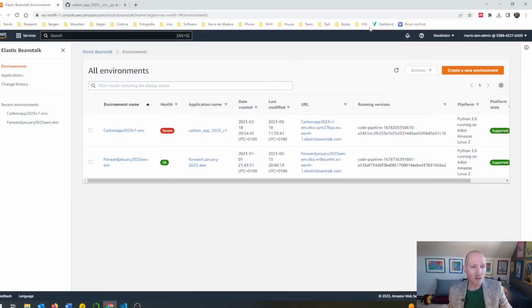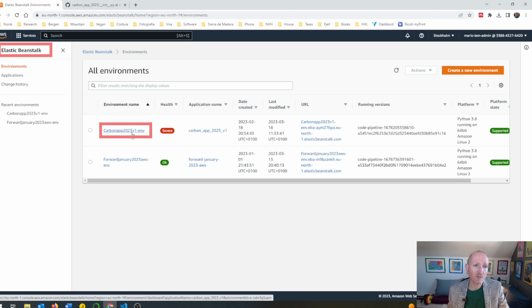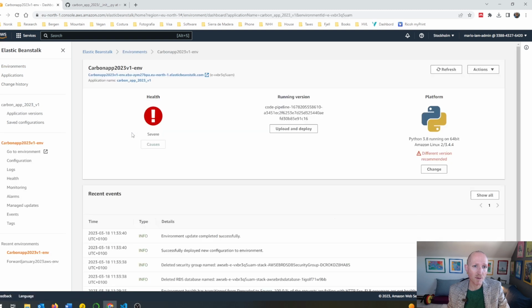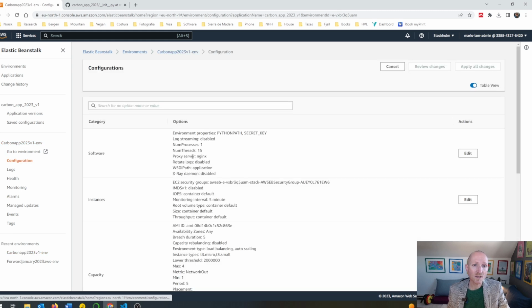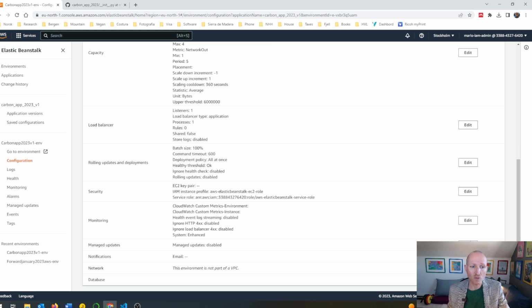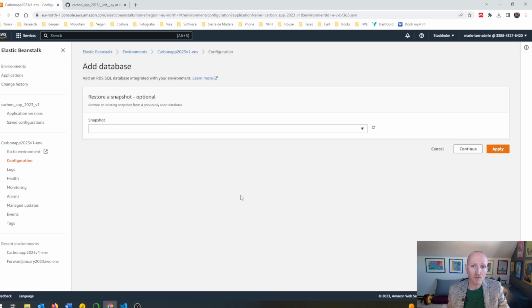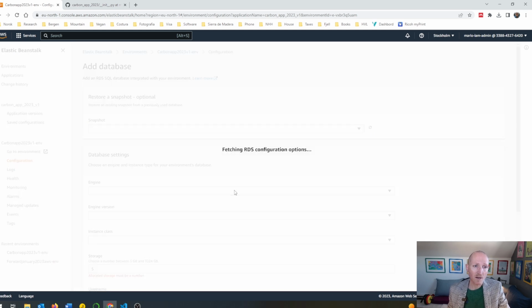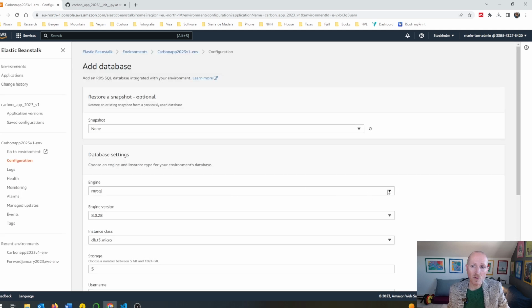Let's move on. First, you have to go to Amazon Web Service and go to Elastic Beanstalk, and you have to go to your environment. In my case, I have two environments. Then I select the Carbon App environment, and you have to go to configuration. And once you are in configuration, you have to go to the very bottom and go to database, and we have to edit. And once we are in the database, we are going to create a Postgres database,